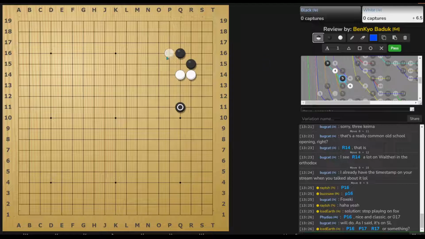We actually have an SGF file in the study group pinned messages. So if you have trouble finding it, you can just ask me. But we already have pretty much all the variations you need to know, and then some, added into that SGF. So I'm not going to go through this too much, but the most simple idea, the classic way, is to